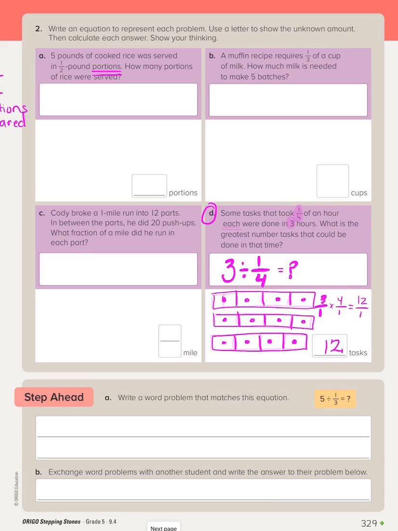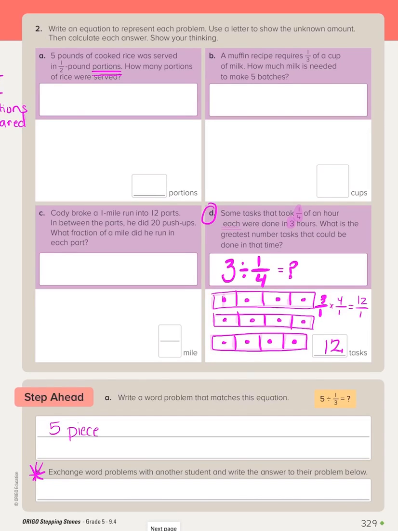Now, the step ahead says write a word problem that matches the equation. Then it says exchange word problem with another student. You do not have to do this part, but I do want you to create a word problem for this. So I'm going to give you an example. Do not copy my example, but I might say 5